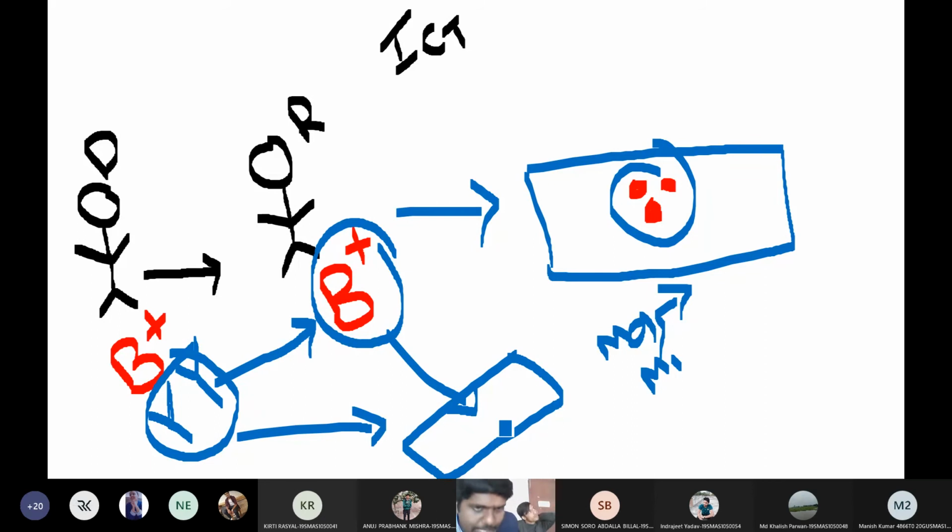And there is another test called minor cross matching. Minor cross matching, as the name suggests, it is minor. Here we will take donor cells and recipient antibodies. It is not clinically important. We only require major cross matching. Anyway,